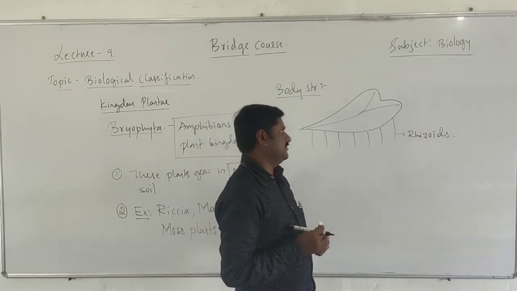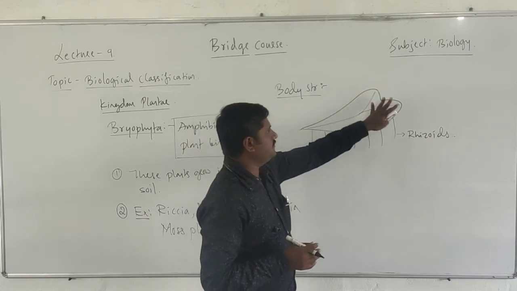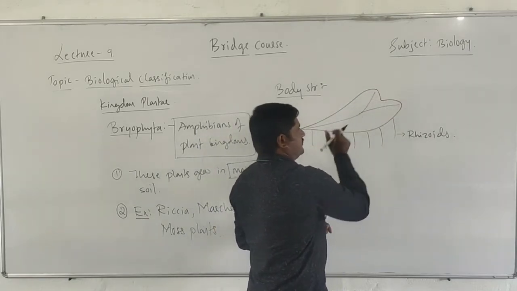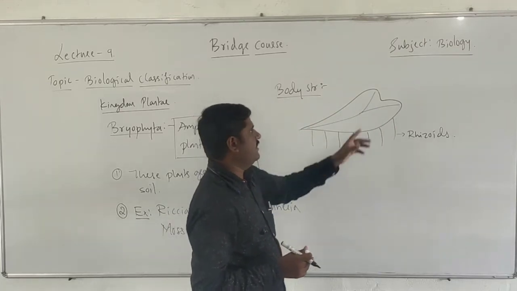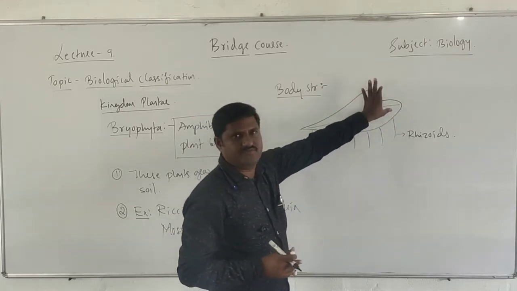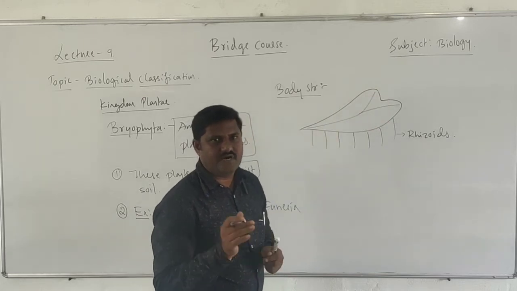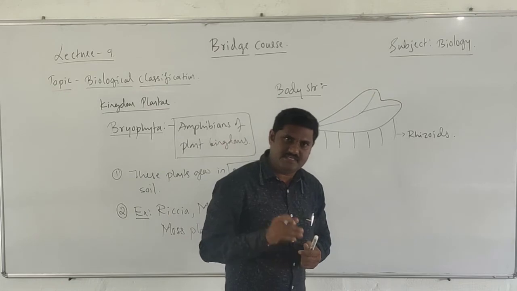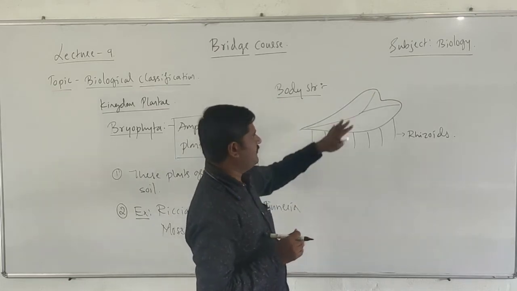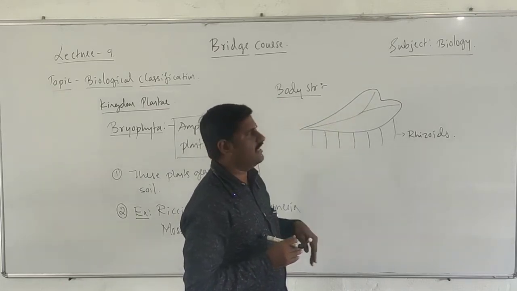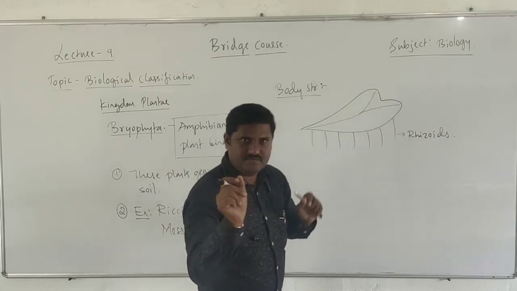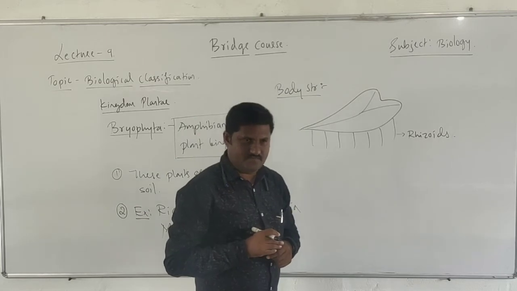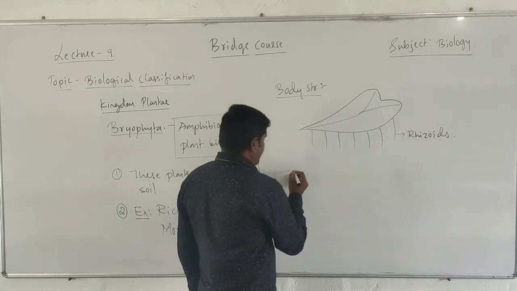Apart from this, the plant body has a dichotomous structure, it is called. That is, we see a body structure that looks like two branches here, right? So this is how the body structure of these plants is. First of all, dorso-ventrally flattened, dichotomously branched plant body, right? So this is the body structure. And the next one is